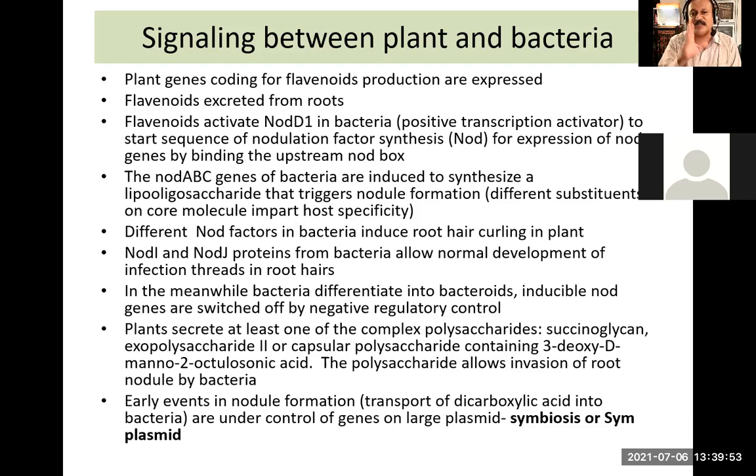So what you have to understand from this slide is that there is a communication between the bacterial cells and the plant cell. That communication is very important. The plant will send out some signal, the bacteria will receive the signal, the bacteria will send some signal, then the plant will receive the signal, then something will happen to the plant cell, and that will again give a signal to the bacterial cell. The bacterial cells will start differentiating. They will be converted into bacteroids. The plant cell will get the signal, the plant cells will divide, and they will form the nodule. So it is a process of one-to-one communication, a step-by-step communication between the two types of organisms.